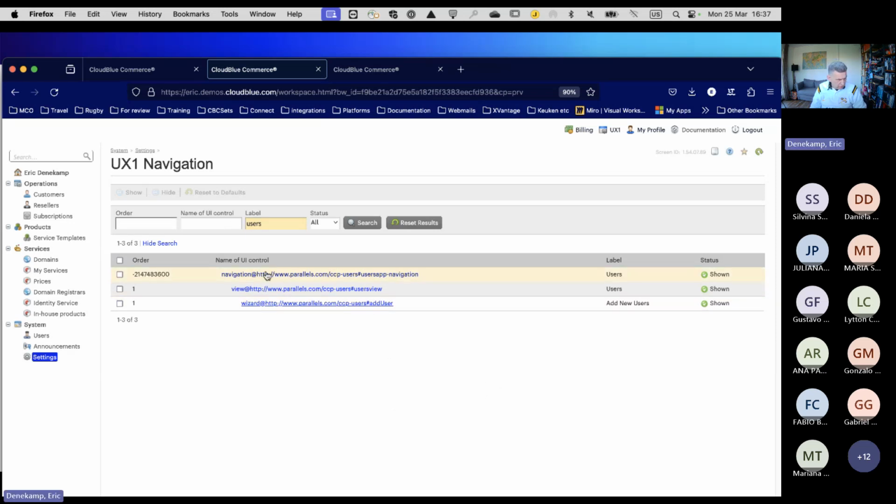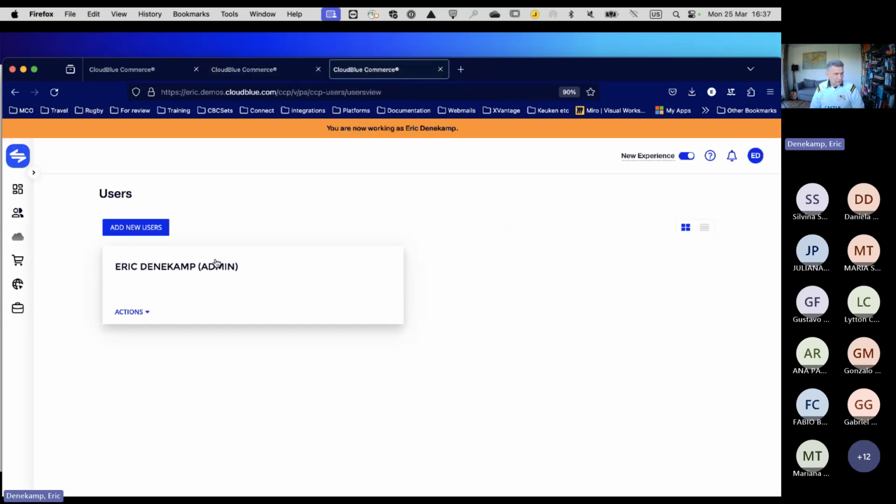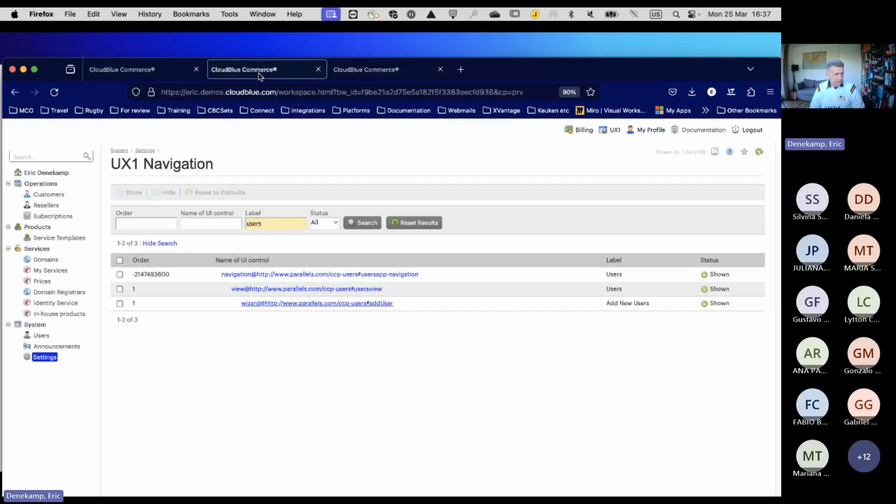There's a users option, navigation. Users view. I can remove it. I could even remove the button add new users if I want to. So now here's my users. There's an add new users button in there. If I only want to hide this one,